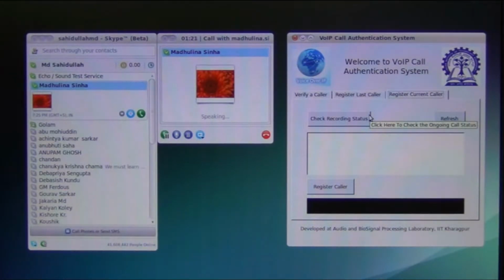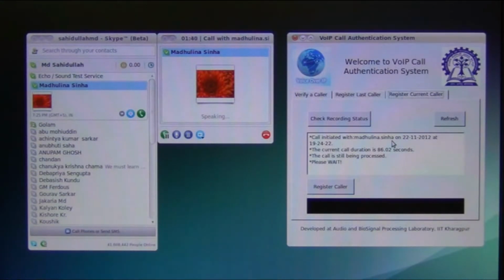One can also check the status of the current call here. The status shows the call initiation time, the call duration, and the caller's identity information. In order to create an efficient speaker model or a voice signature, we need at least 2 minutes of speech.